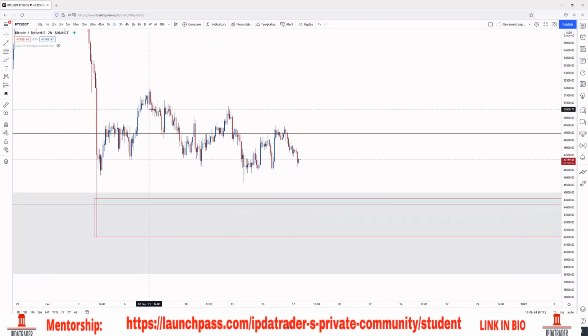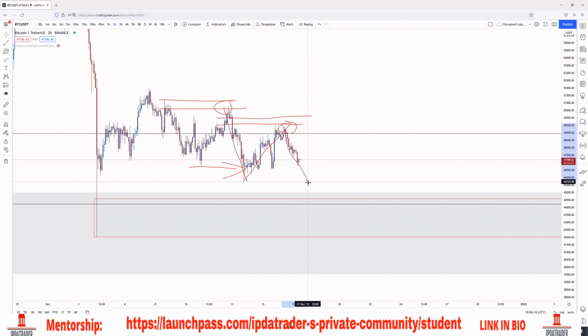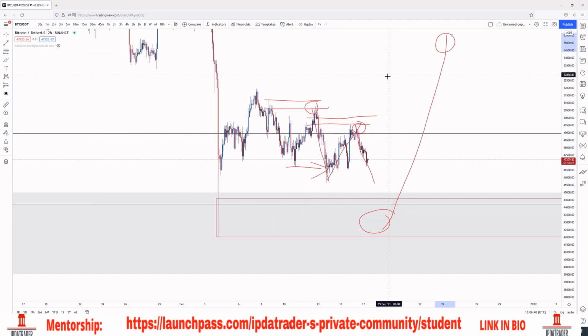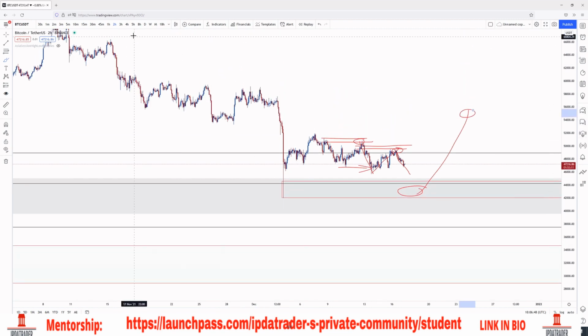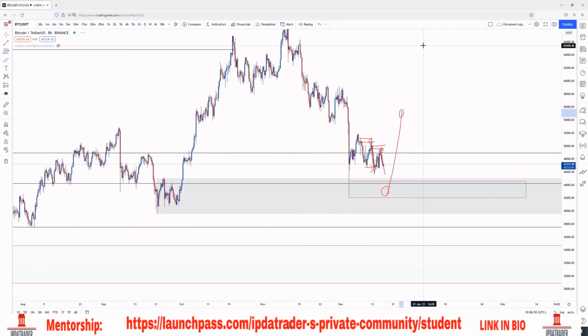You look at something of this sort, you understand this is a block, you see the mitigation, you move lower, we break some sort of internal structure, we mitigate into a discounted area, we hit a block over here, and now we're on our way down. Where are we going to be moving? Probably into this wick, and then we might shift higher or not. There is a probability we might shift higher over here, and we're not going to be ever getting below this low, and we're going to be on our way to a new higher high on a higher time frame.